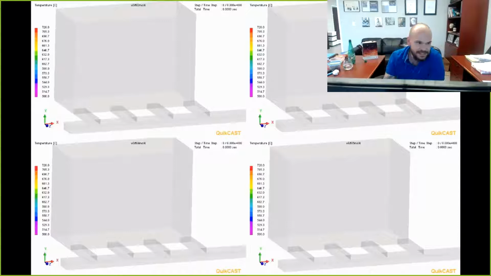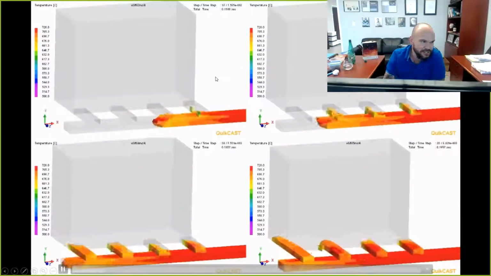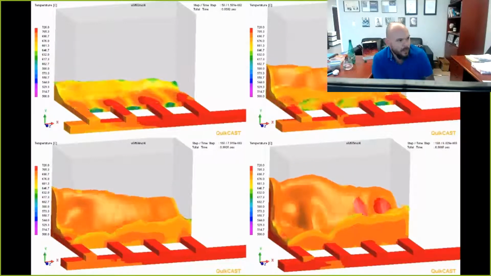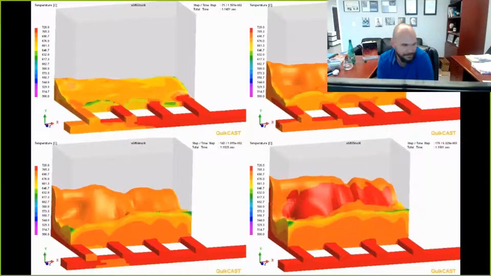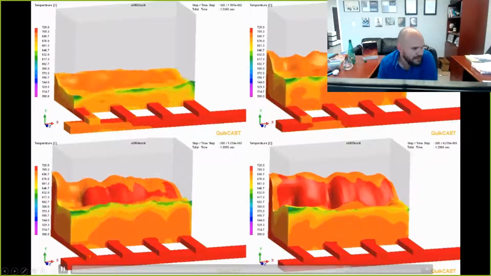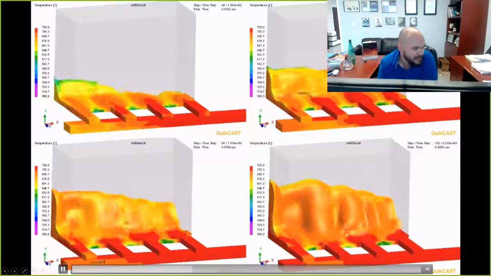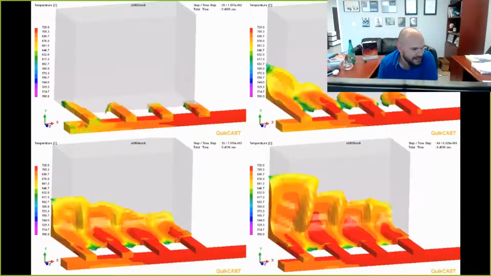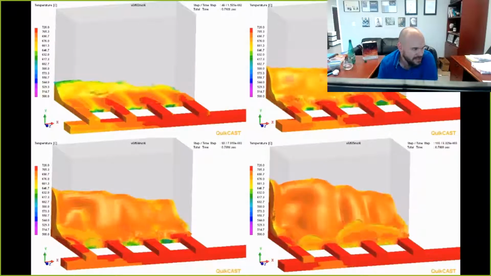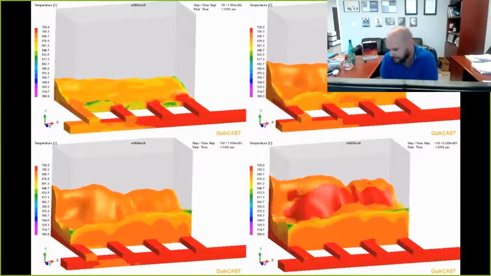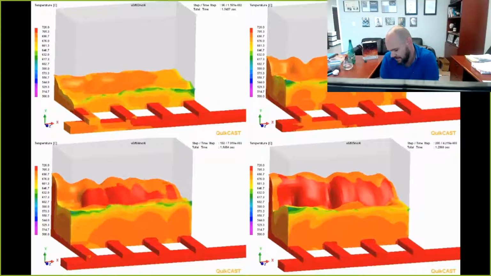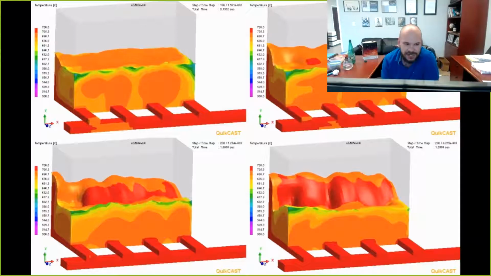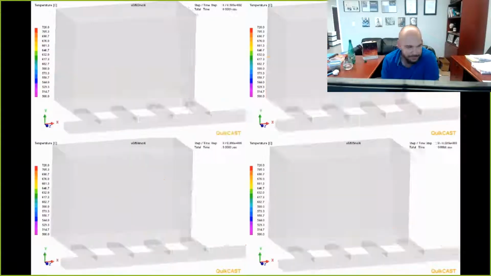And so this is a simulation, the exact same geometry, running at 4 different velocities. And from everything that we talked about so far, we will realize that the one on the top left is probably okay. We don't have any surface rolling on itself. The one on the bottom right is most certainly crap, right? It just rolls back on itself, just a terrible, horrible mess. But what about the one on the top right? What about the one on the bottom left? How fast is too fast? And surely there should be a scientific explanation and a scientific reason for why that is. And of course there is.